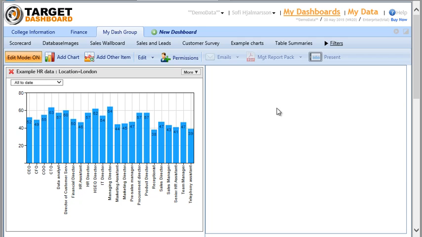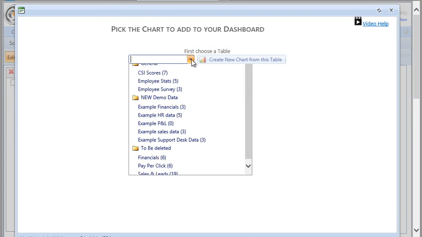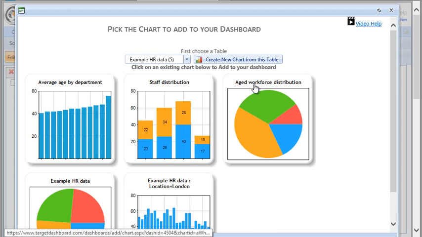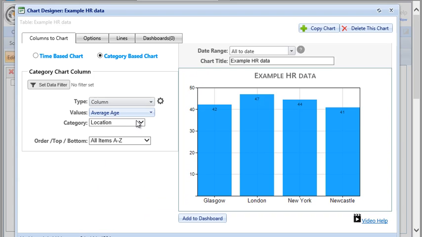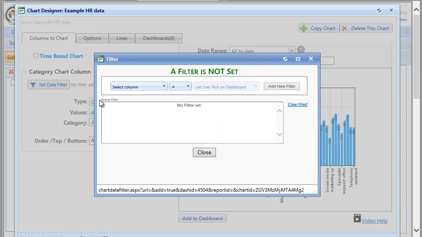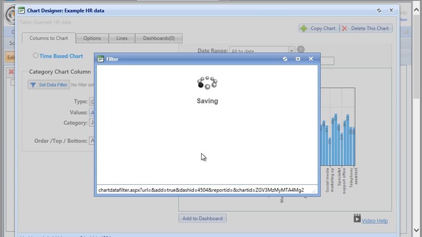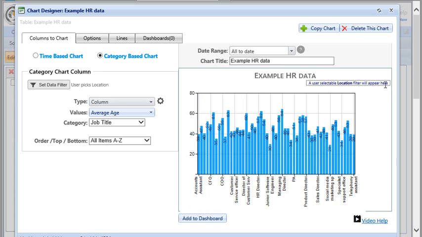But what if we wanted to let the user pick the location that's shown on the chart? So let's do that. Let's add a new chart with the same data, and we'll set it up the same way. So average age by job title, and we're going to do the first 2 parts of the filter, so the location equals, but here we're going to use this option, let the user pick on the dashboard. And we'll add that to the chart, and as you can see, a drop down box is going to appear here. So let's add that to the dashboard,